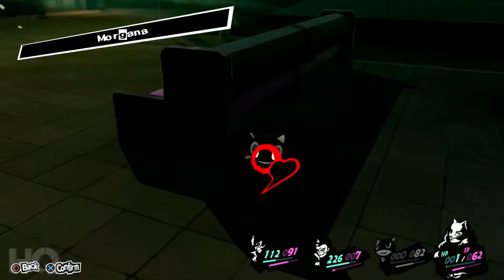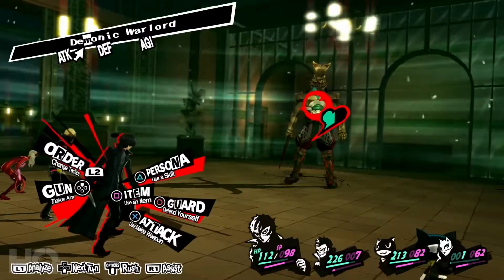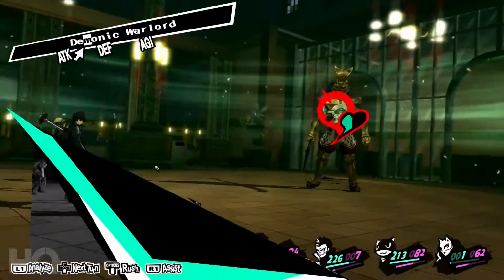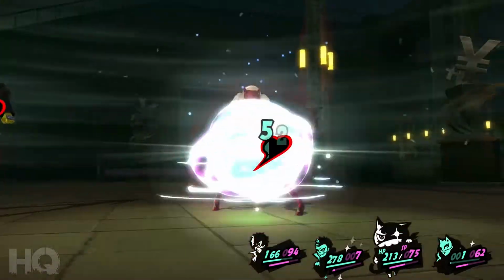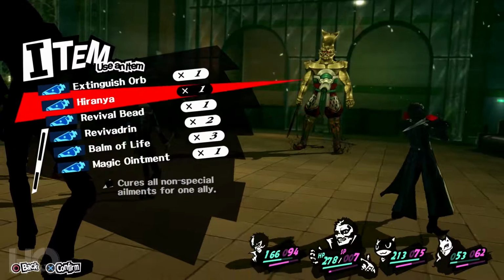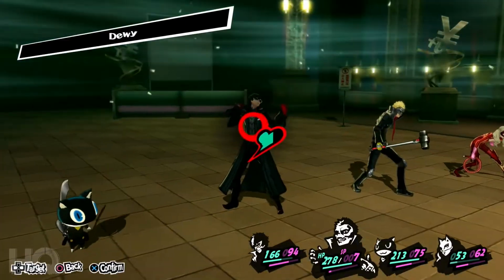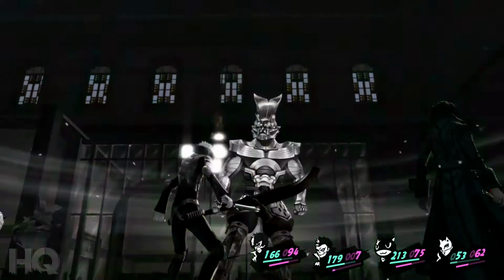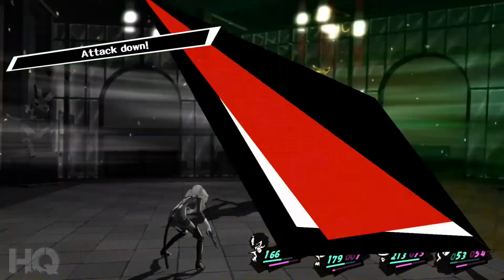So we're going to use a Balm of Life on Morgana. Playing dead isn't easy. Next up, I'm gonna use an ice skill. I am going to use a... Do we have physical ointment? Yeah, we do. I'm going to use a physical ointment on Panther. I'm actually going to decrease his attack. And...